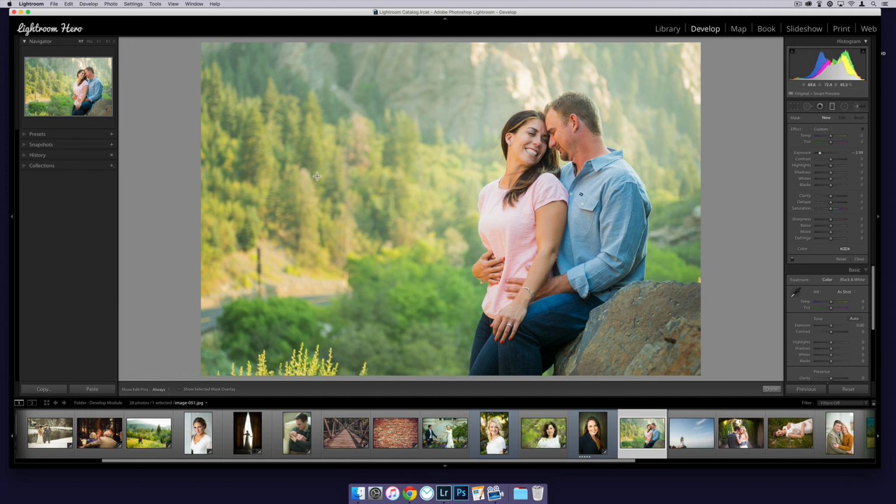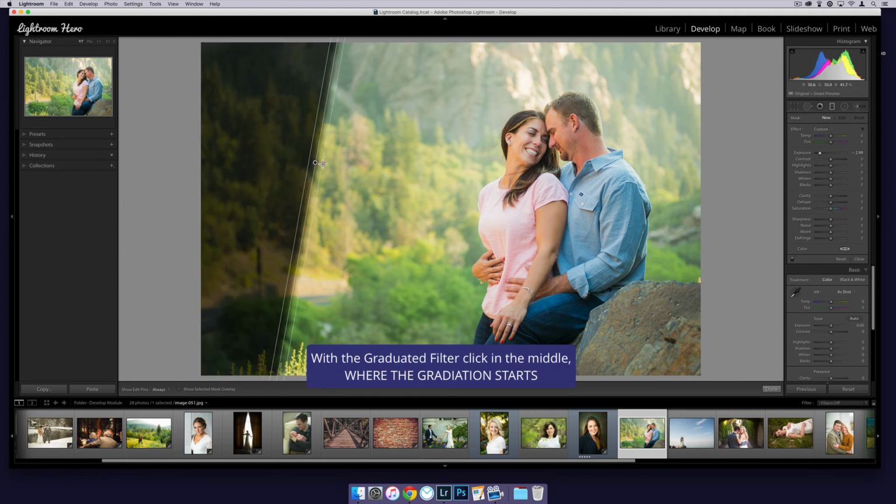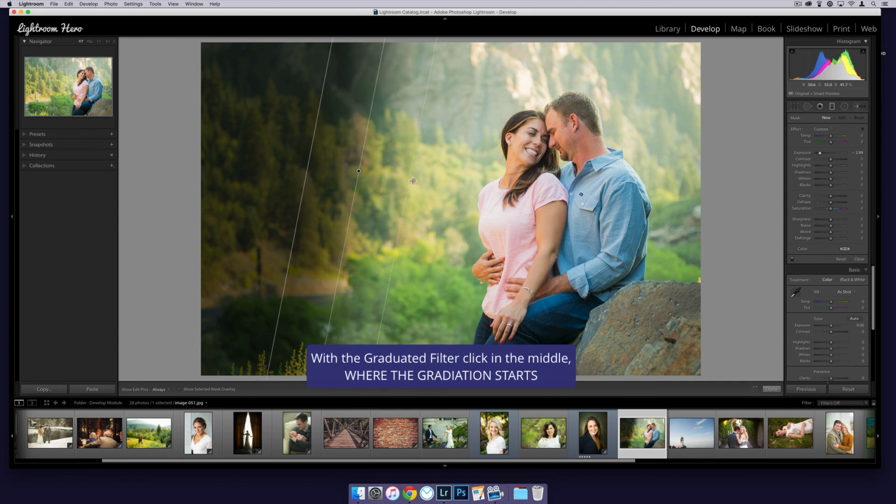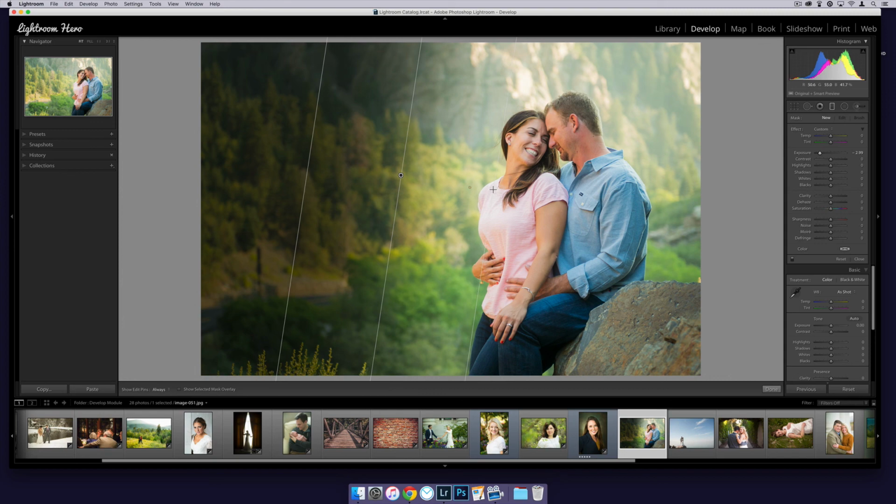So let me click over here. And I can click about right here. I don't want to click where I want to end up. I want to click about in the middle, because what happens is when I click and drag, I spread that gradation out so that my end point of where the gradation begins to gradiate is right